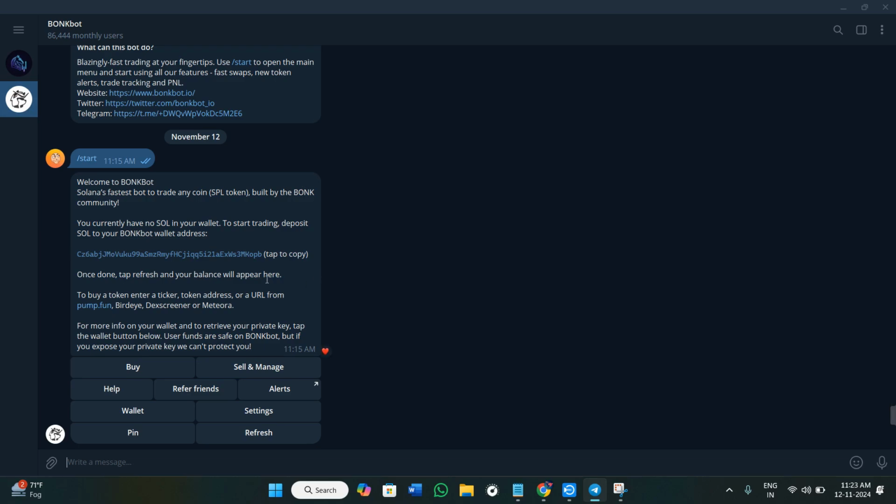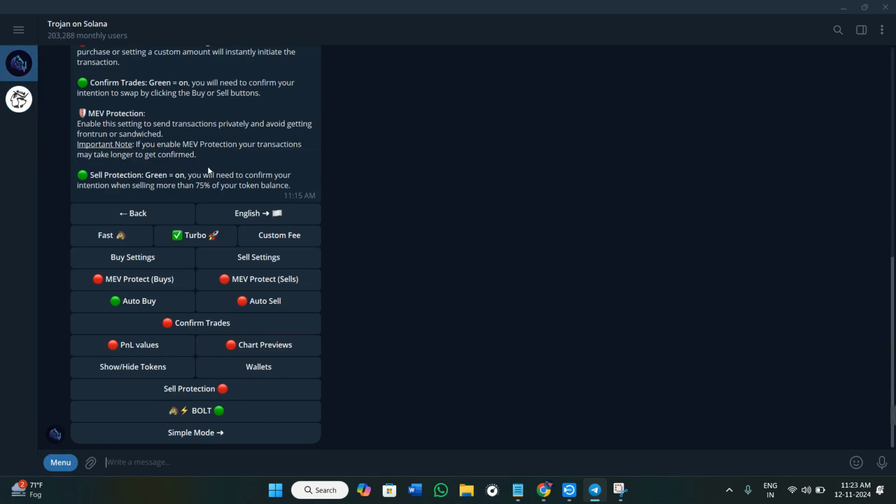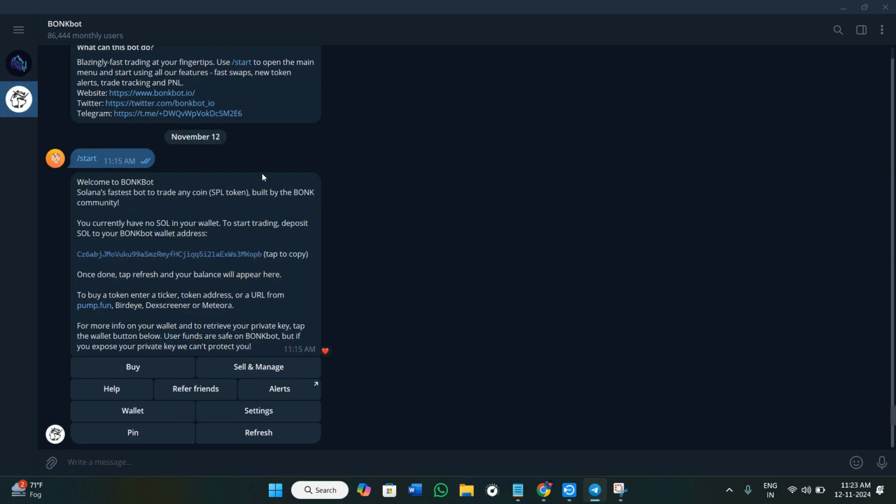fewer built-in safeguards. So, in a nutshell, which bot is better for trading 100x meme coins? Well, it actually depends on your own priorities. You can choose Trojan bot if you want advanced security features and more customizable settings, or you can opt for Bonk bot if you prefer a faster, more straightforward trading experience and are confident in managing risks independently. Both bots offer unique advantages, so understanding your trading style and risk tolerance is the key to making the best